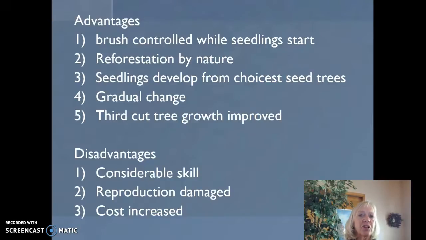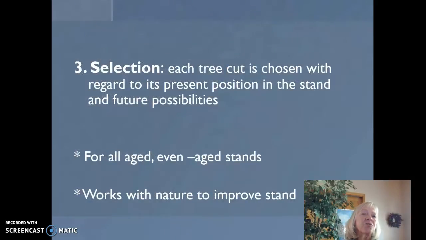Now, I think you can tell that it's kind of obvious that the advantages are reverse of the disadvantages. This takes more time, it costs more money, you do have some damage to reproduction, and it takes more skill to perform. The third one is selection, and in a perfect world, we would just go in and walk